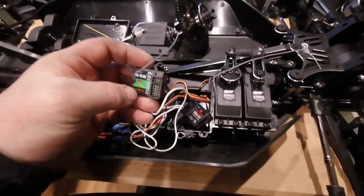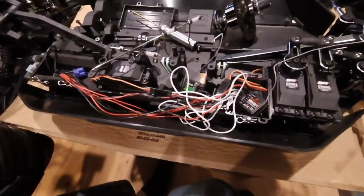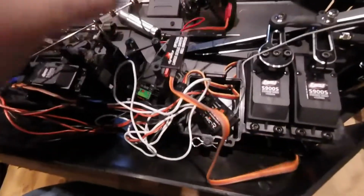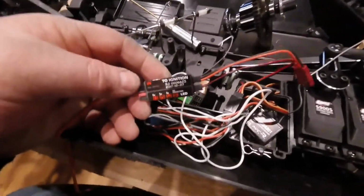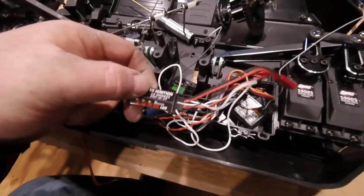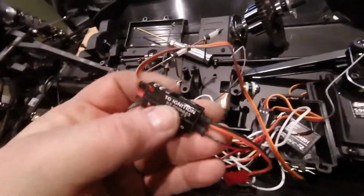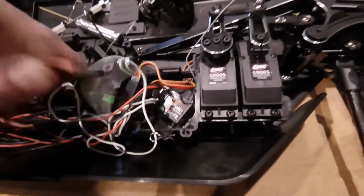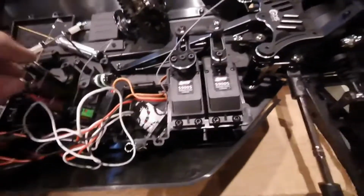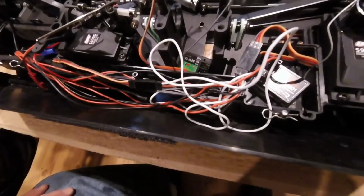and go ahead and put in the other half of the kill switch. Let me grab that real quick. Get this kill switch installed into the receiver. As you can tell, it's pretty easy. This goes to the ignition, so it's actually going like this, and then the end part goes right there into the receiver. So we have to pick a channel. I'm pretty sure the channel I'm going to be using would be channel 3,